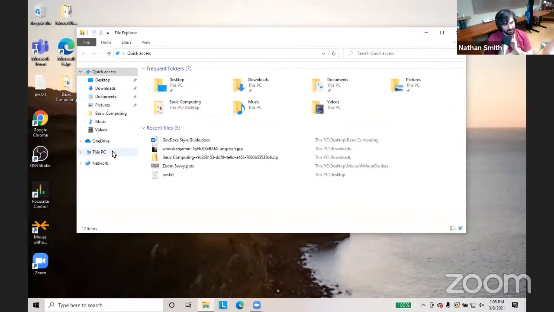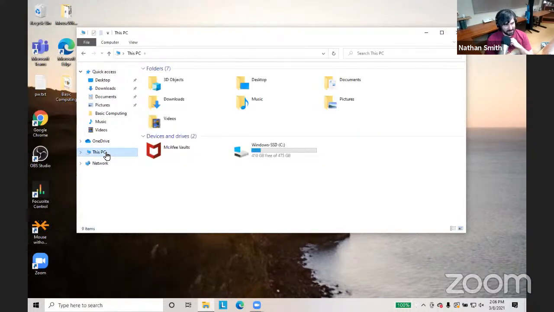Okay, from here though, I'm going to look on the left-hand side in this little navigation area, and I'm going to click where it says This PC. This PC is going to show me some specific folders here, not frequent folders or recent ones, but just folders in general that are on this computer that collect specific information. Like, for example, the downloads. This is information that you've made a copy of from online, music, pictures, documents, videos, etc. And the desktop, which we'll talk about shortly.